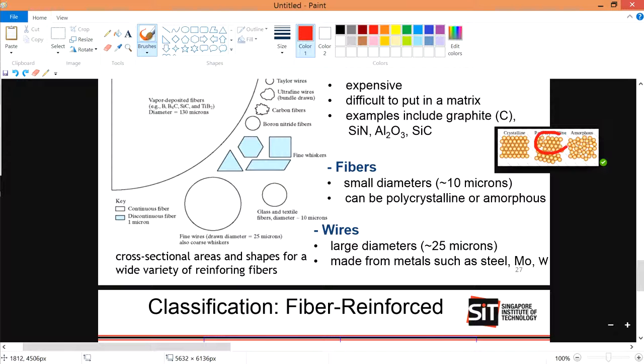So polycrystalline is something like this, half crystalline, half amorphous, while amorphous is just random. Crystalline is very nicely aligned. So the fibers are like this. And then wires made of steels, and